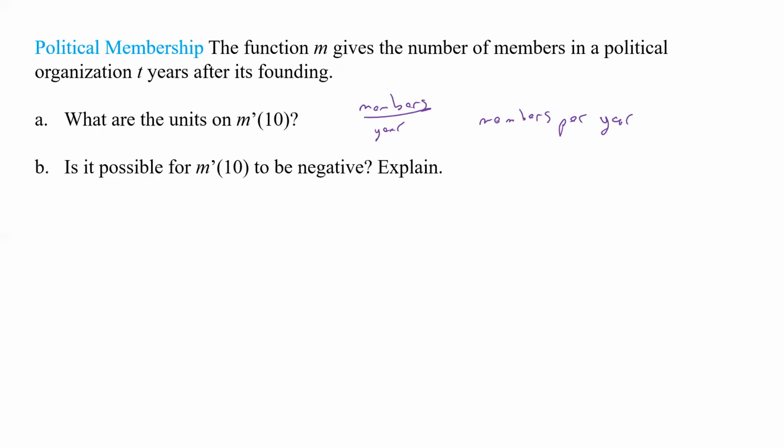Okay. Now, is it possible for the derivative of M, M prime, to be negative? Well, yeah, sure it's possible, because what happens if you're decreasing your membership? So maybe you've been going along, it's been steady and steady, and then after 10 years, people are like, I don't want to do this anymore. And it starts going down. And say at year 10, that's going to be your tangent line, and so it's going to get negative once you get there. If this is a straight line, more than likely it's going to be some kind of a curve. It's going to go down like this, and so after 10 years, that's the tangent point, and so you have a negative slope. So yes,